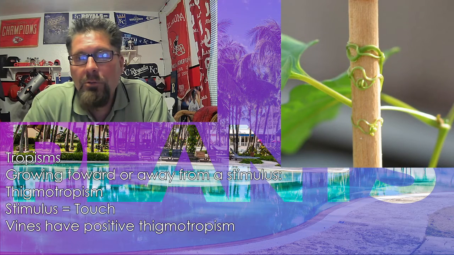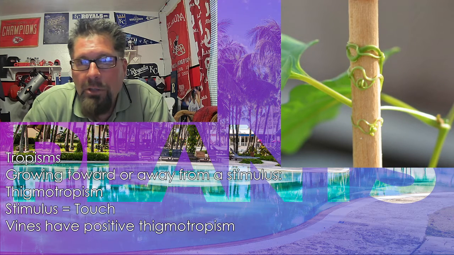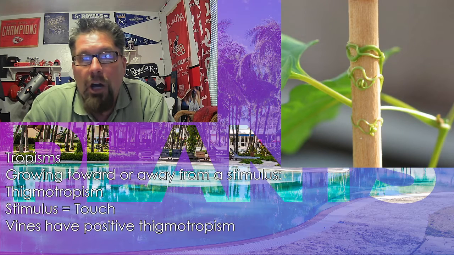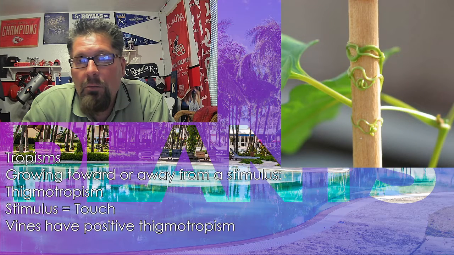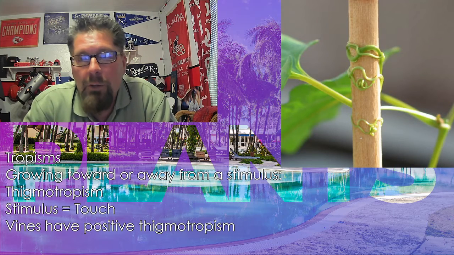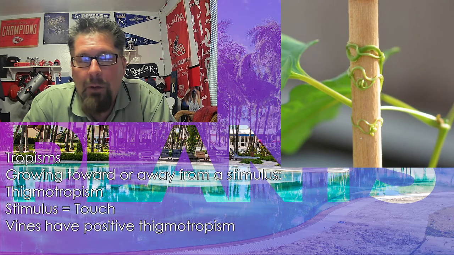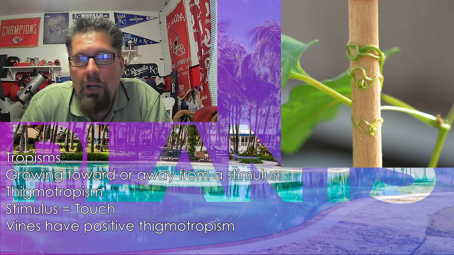Okay, the next tropism, growing towards or away from a stimulus, is stigmotropism, and this is touch. It's plants that touch another plant, or actually anything, fence post, fence, rope, whatever it may touch. It develops tendrils or grabs on with epiphytic roots. You could also think of them that way, as we just spoke about in our last video. But it's the idea of touch